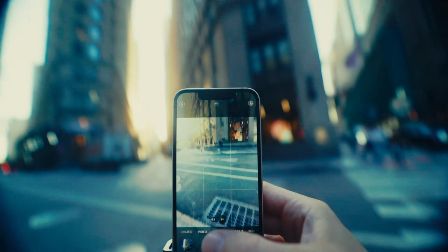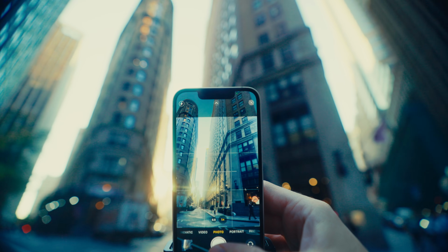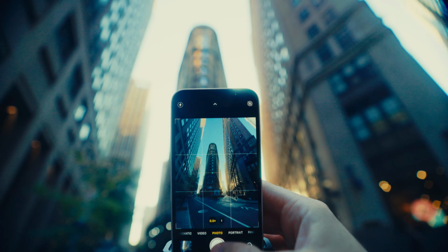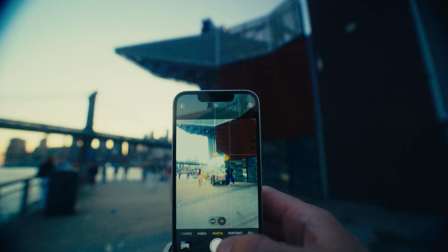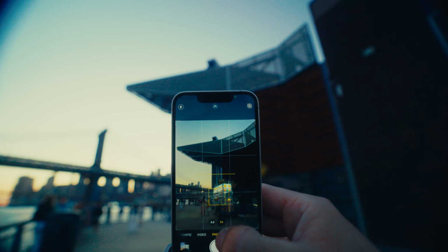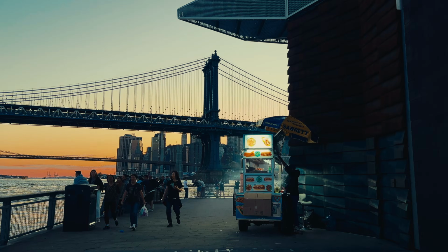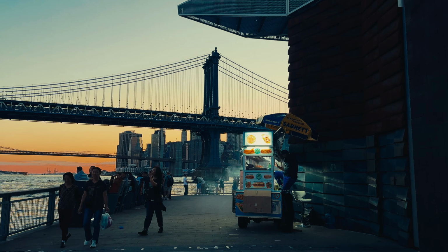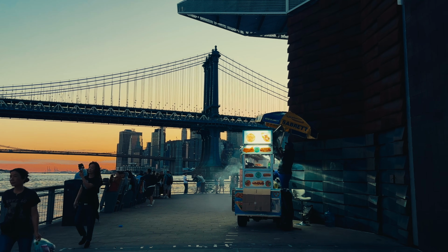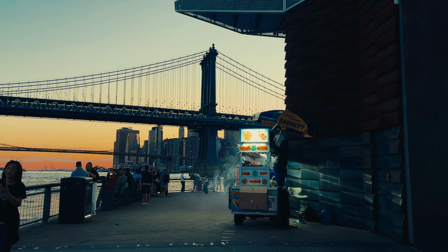I know so many of us, myself included, often just hope that a good color grade is going to save our bad shots. Unfortunately, color grades will never save bad shots. They'll never save poor composition. They'll never save poor lighting. And that is even more accentuated with phone footage. Even though that may be a weakness, the phone has so many unique strengths that you really can lean into.